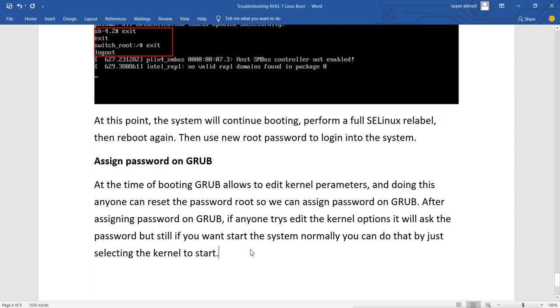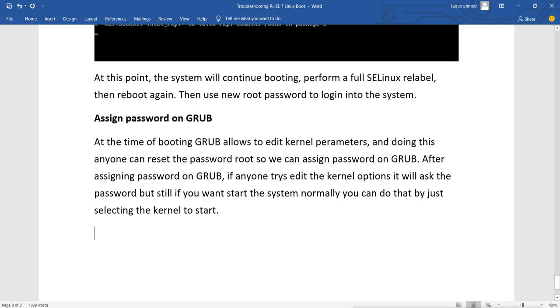Now how can we do this? How can we configure the password? We have different ways to configure the password. We actually have two ways. We can directly configure it in the templates of the grub configurations, or now in RHEL 7 we have a command also to set the password for grub. I will show you both. First, if you want to configure it in the templates of the grub configurations.